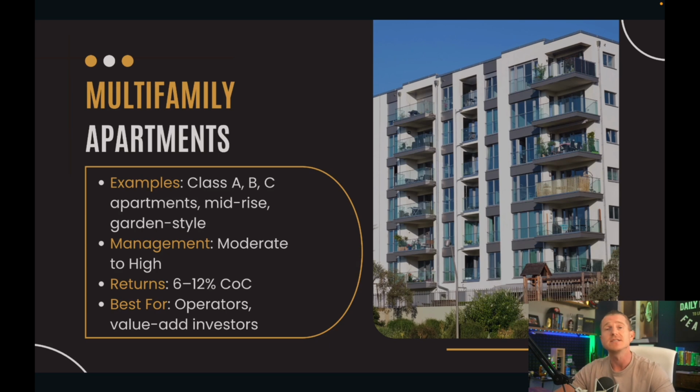But again, it's a lot more management intensive. You still have a lot of bodies underneath one ecosystem or roof in your properties, and therefore that requires good systems, good management. And again, you can do a third-party manager and make that somewhat passive. But depending on how big the property is and how much property managers are going to charge to make it passive for you, that may or may not make sense based on what kind of investment returns you're looking for. So again, understanding the management intensity, generally in the 6 to 12% cash on cash return space.